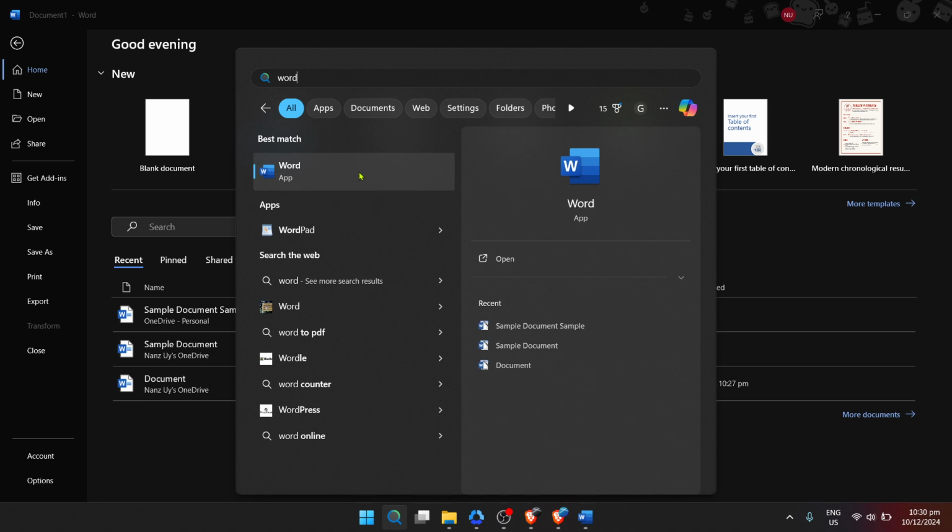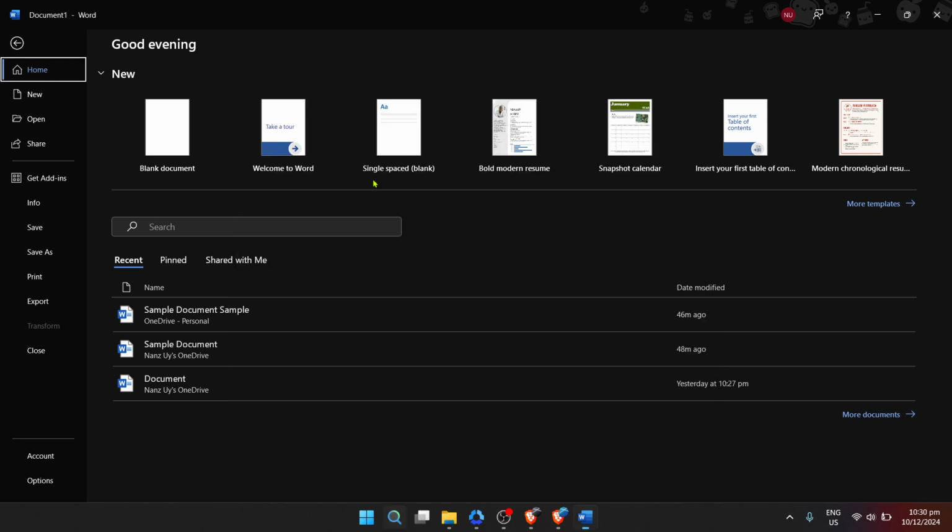Now click on Microsoft Word to open it. You might be greeted with a splash screen or taken straight to the Word homepage. If you've been working on a document recently, it might even open the last document you were working on. Once Word is open, you'll want to either go to the Word home for a new document or select an existing document you wish to insert a table into. This versatility means you can add tables to fresh pages or enhance existing work, giving you the flexibility to organize